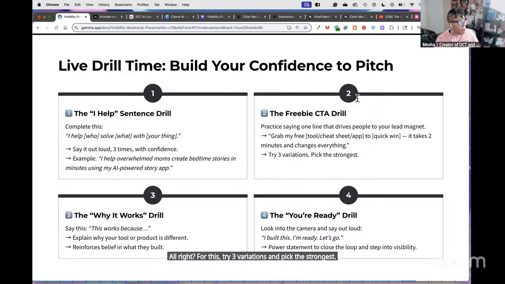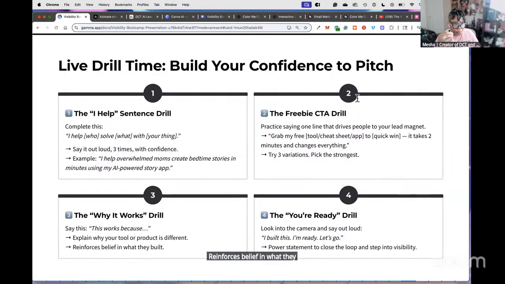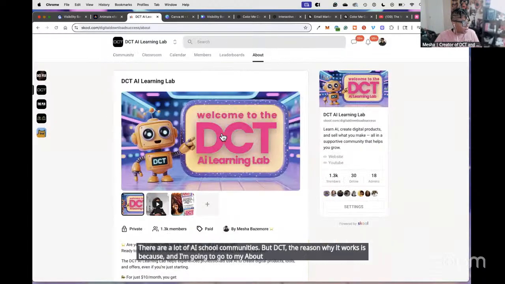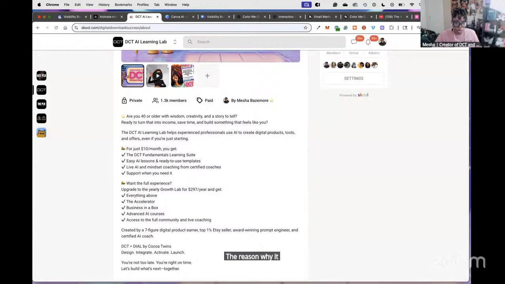Number 3, the why it works drill. Say this: this works because. Explain why your tool or product is different. It reinforces belief in what they build. So I'm going to use DCT. There are a lot of AI school communities, but DCT, the reason why it works is because, and I'm going to go to my about page so you guys can see it. The reason why it works is because it is,